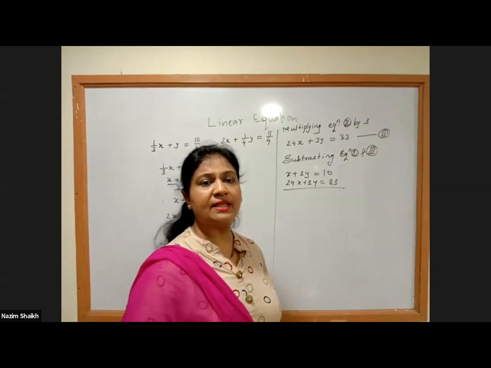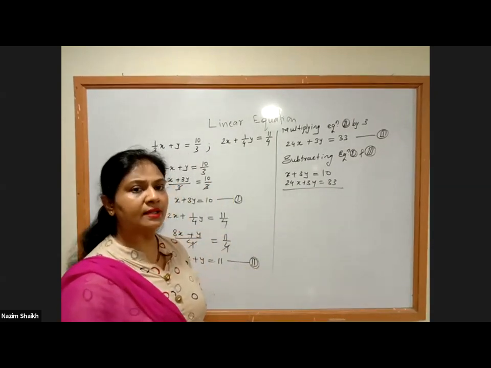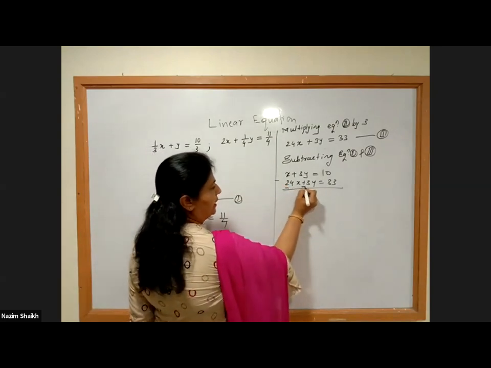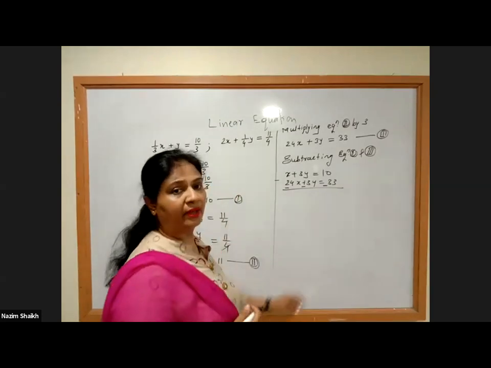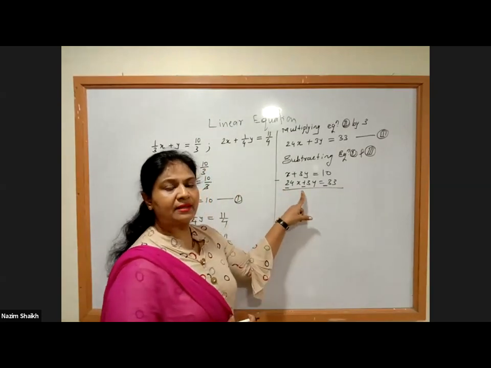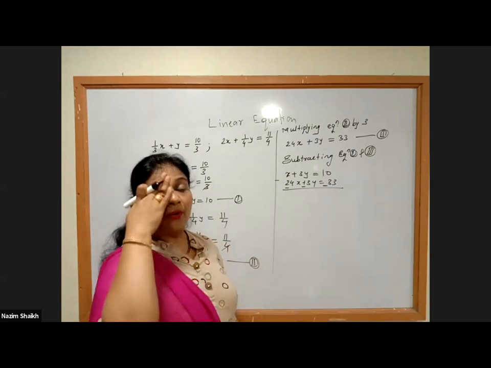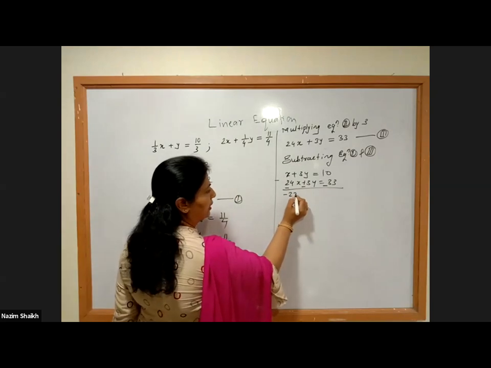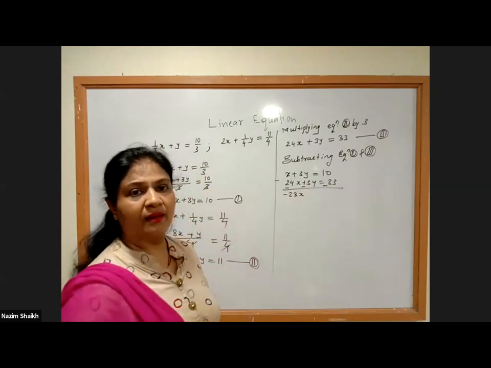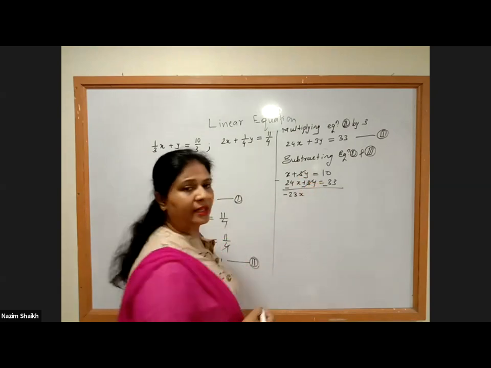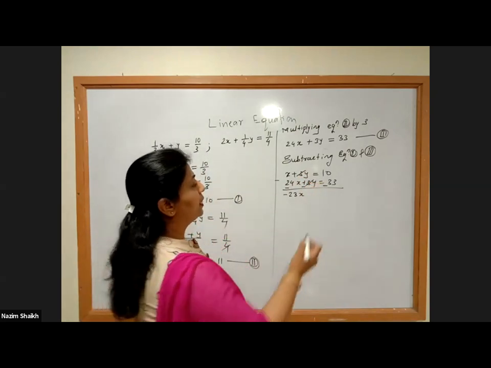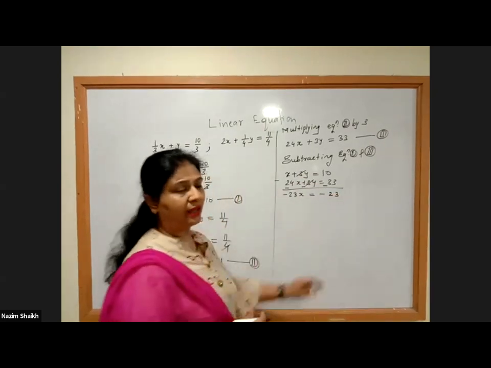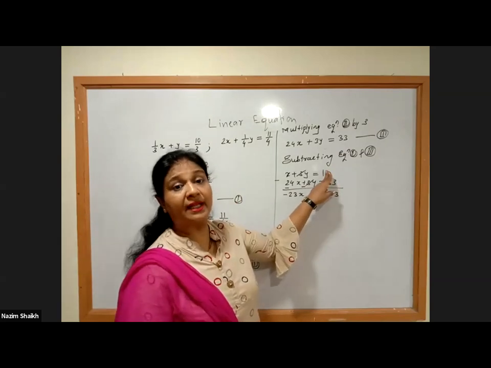Subtraction means changing the sign. So we are going to change the sign of the equation 3. So here is minus 24x minus 3y and minus 33. And now read it along with the new sign. x minus 24x, that is minus 23x. This plus 3y minus 3y as usual got cancelled. So 10 and minus 33, that is minus 23. Everyone knows from the bigger number, smaller number is getting subtracted.